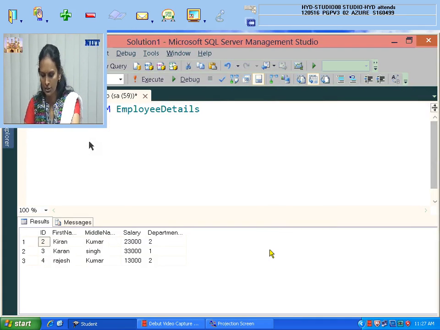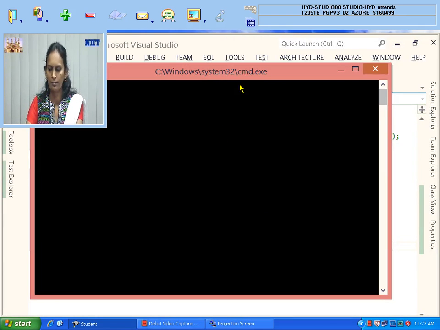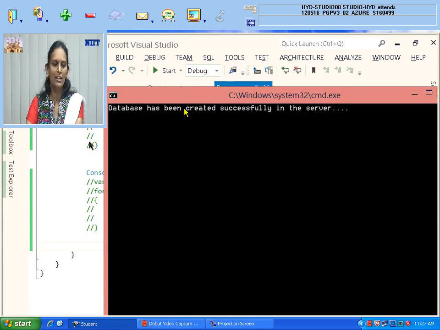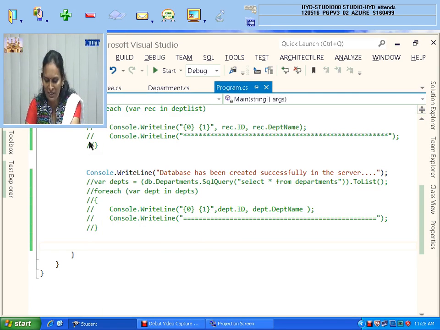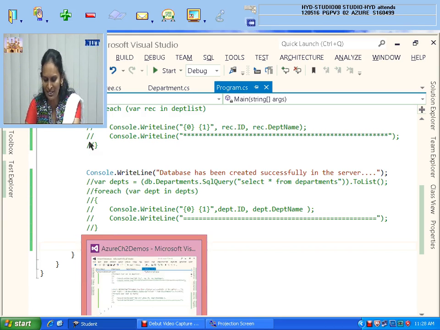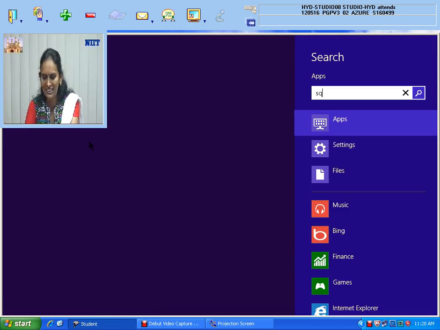Now we will execute. Are you understanding how fast you got it? Because it is in the open state, it is unable to drop the database and recreate it. Now it is dropped. So see, remember, 0 records are there.